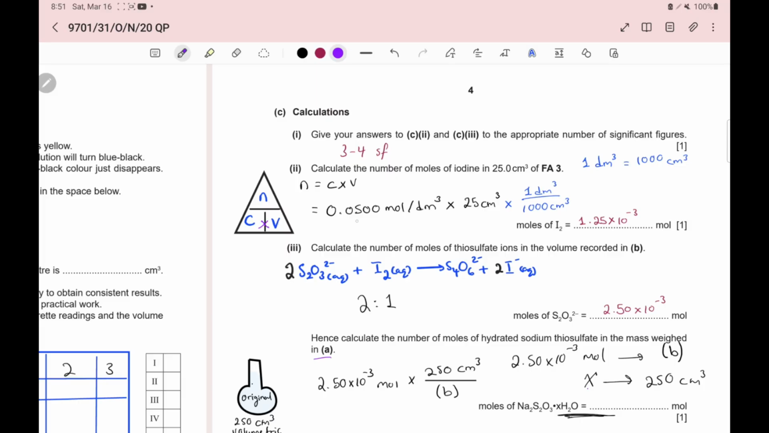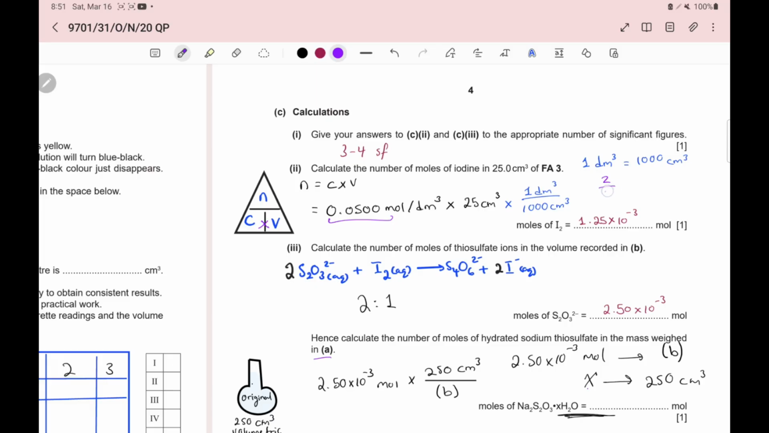Okay, so we were told that the concentration of iodine at the very start is 0.05 moles per decimeter cubed, and we have our volume. Only problem is we've got to make sure the units are the same. So we're going to change centimeter cubed to decimeter cubed, and we know for every decimeter cubed, there's 1,000 centimeters cubed. So we're going to place the 1,000 centimeter cubed at the bottom,